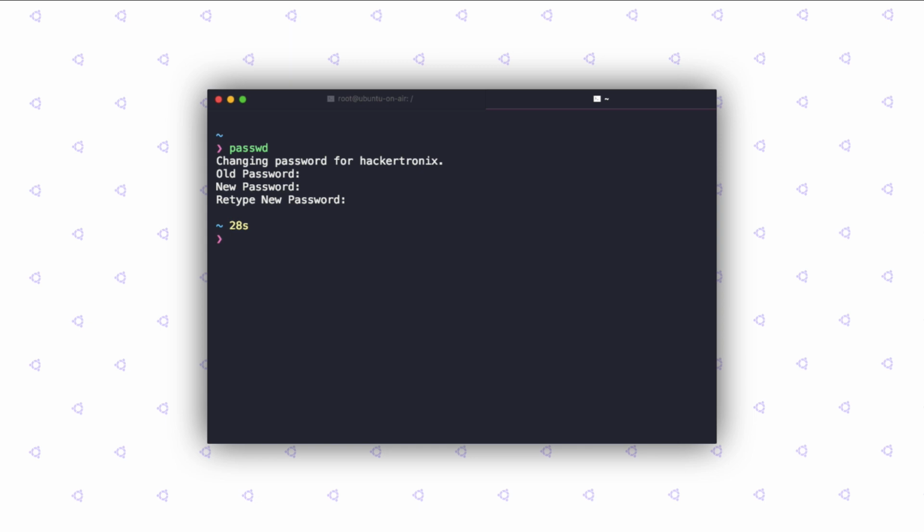So for security reasons, Linux does not show the number of characters you're typing in form of asterisk, just because it's gonna take you one step closer to brute forcing someone's password if you know its length. So you're gonna have to take my word for it that this works, and let's keep moving along.